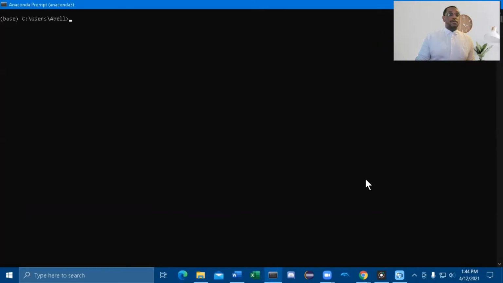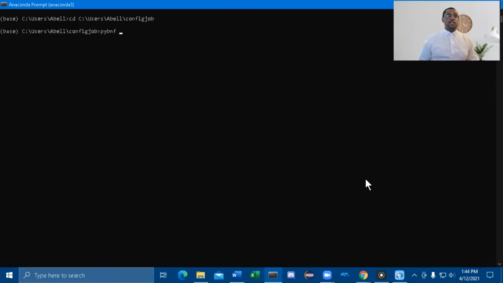Now on this prompt, I am going to type on the first line, cd space, and then I'm going to paste the address for my folder, and I'm going to do that by doing Control V. Once that is pasted, you will want to press Enter, and a second line should open. And on this line, you will want to type in